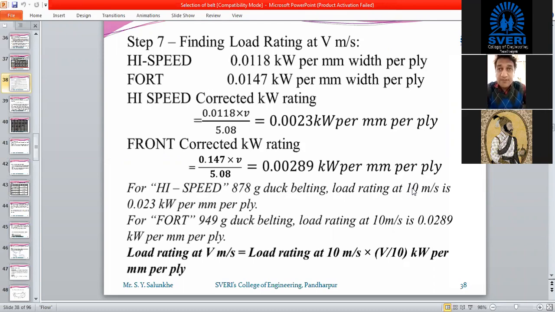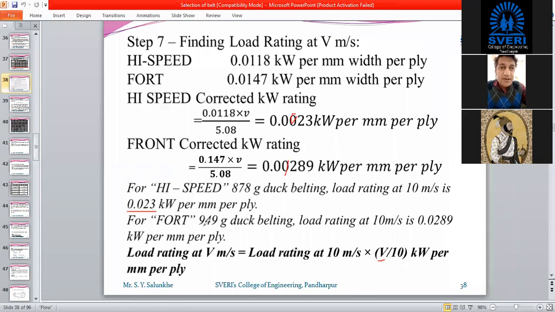But when we calculate the rating, that rating is calculated for 10 meter per second, and that is coming equal to 0.023 kilowatt per millimeter per ply. And that is converted for the actual velocity which you have calculated. But keep in mind this factor by means of which we are going to multiply.